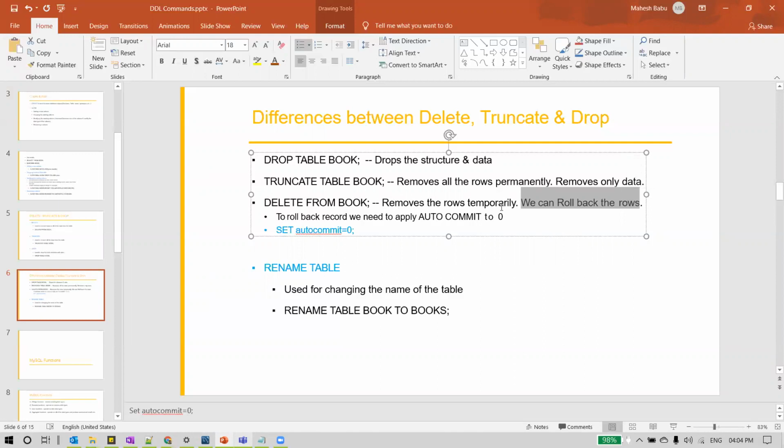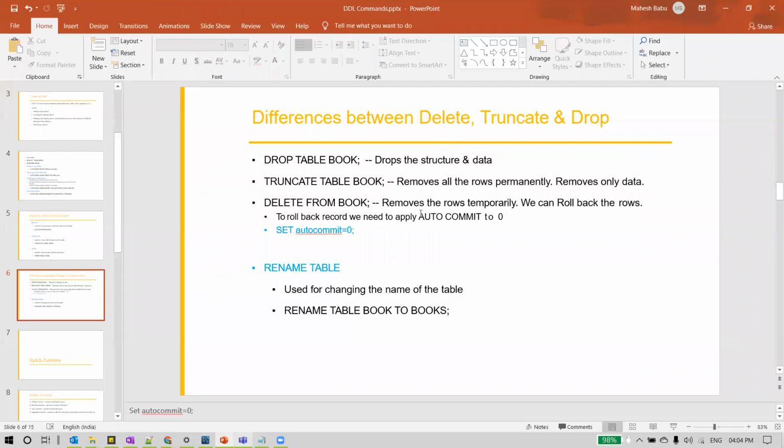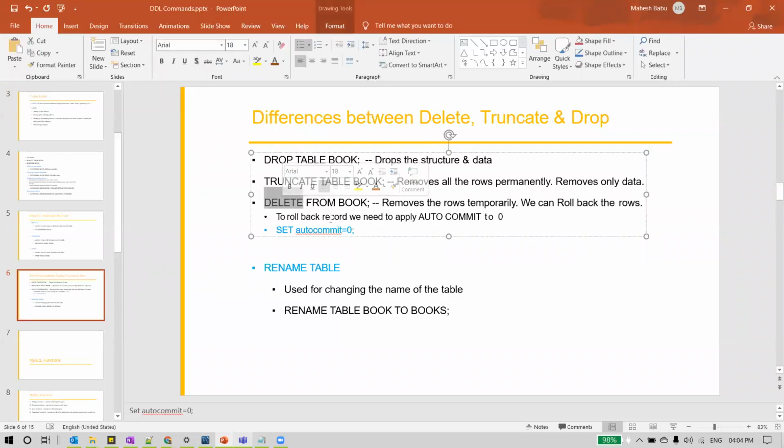Then we rolled back the transaction, and then we were able to view the data. This we can achieve for the delete command, as that comes under DML commands.